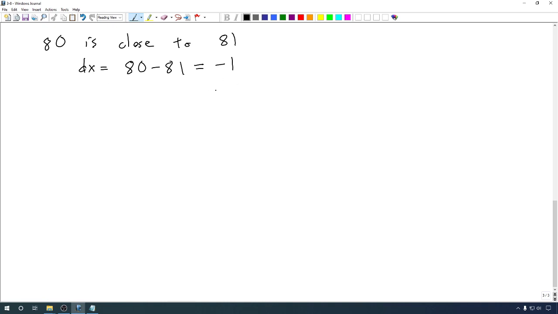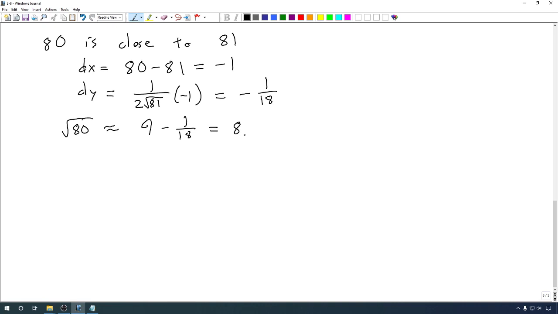There's no problem with having a negative dx. We can approximate on either side of a particular x value. Our dy, remember, we take 1 over the 2 times the square root of x, in this case 81, times our dx, that's a negative 1. We get a negative 1 over 18, because we know the square root of 81 is 9. That means that the square root of 80 is approximately equal to the square root of 81, which is 9, plus our dy. Well, dy is a negative, so minus 1 over 18,